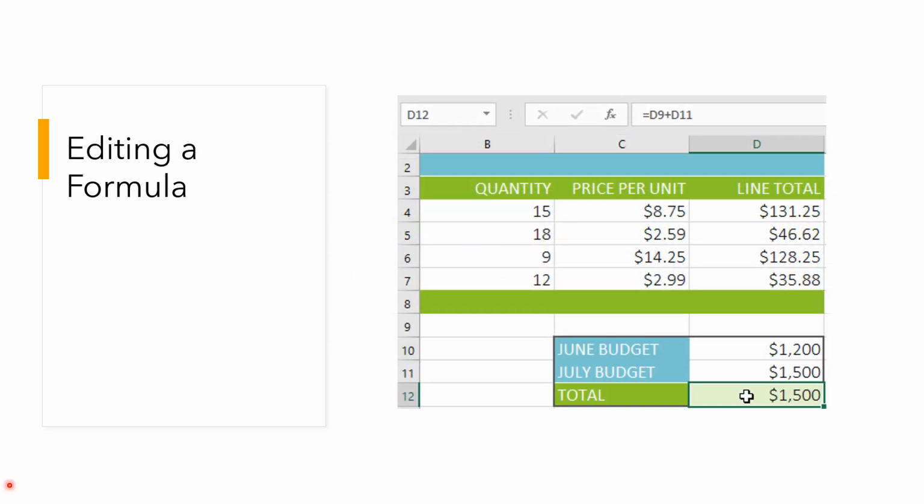Sometimes you may want to modify an existing formula, so you may have accidentally put a wrong cell in a formula for whatever reason, so we need to correct it. So we just have to select the cell that contains the formula that we need to edit. Again, it's D12, so I'm going to select D12. I'm then going to go up into my formula bar, and I'm going to edit it. Maybe I wanted to add